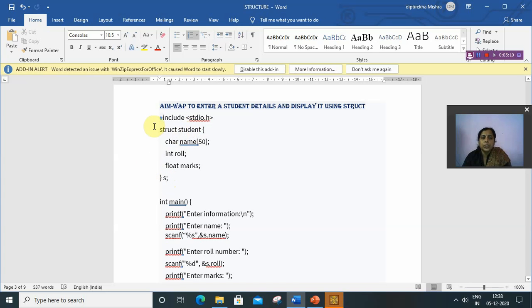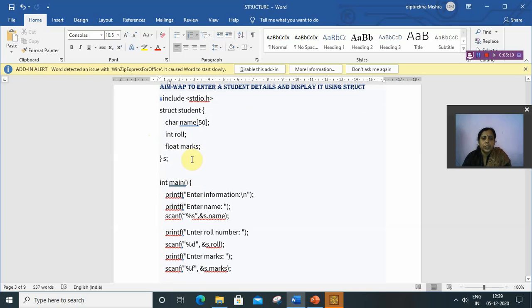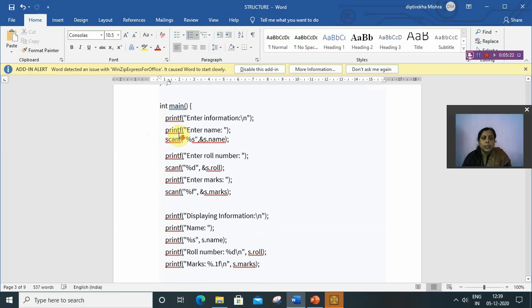So first of all define it: struct student, then char name[50], int roll, float mark. After that int main, then printf enter information, it will display to enter information, then enter name, then scanf %s s.name. Here the dot operator is used to access name and s is the variable of structure type.